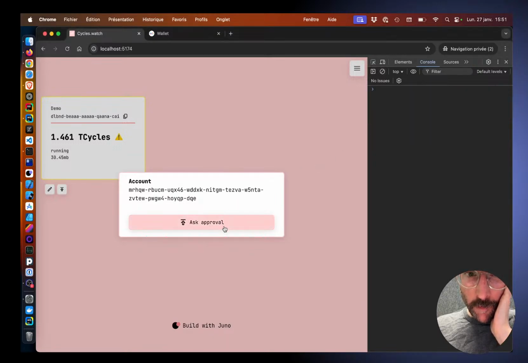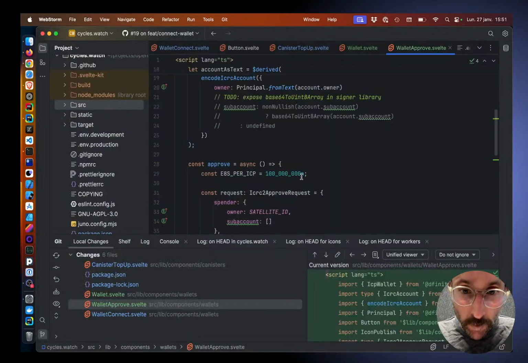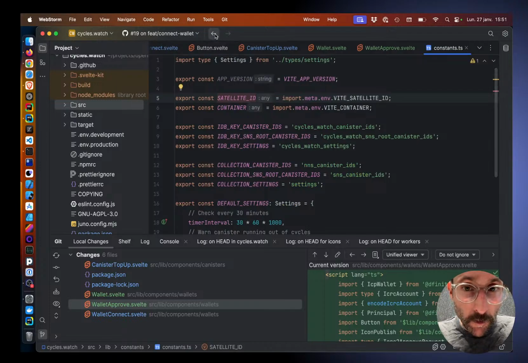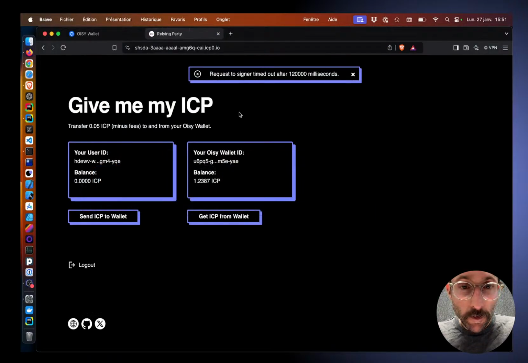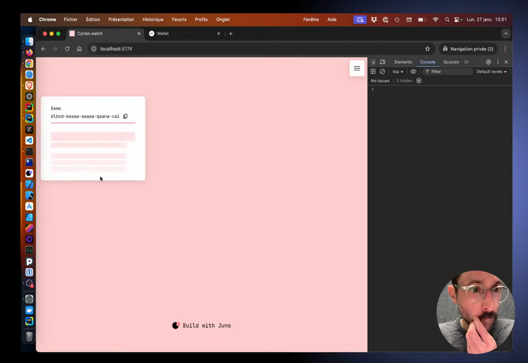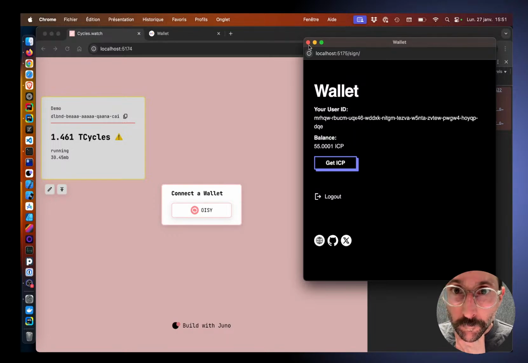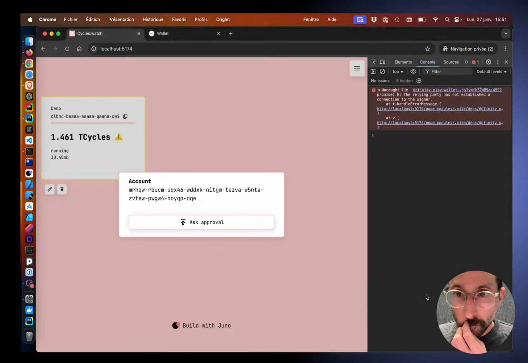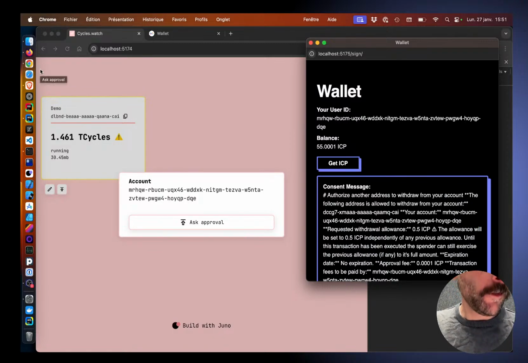if I do the ask approval, I have an error. What do I have? Because it's not a principal. So this one here, what it is, it's text. So I'm going to do principal from text. Okay, so let's try again. Okay, you see, so now what it's doing is